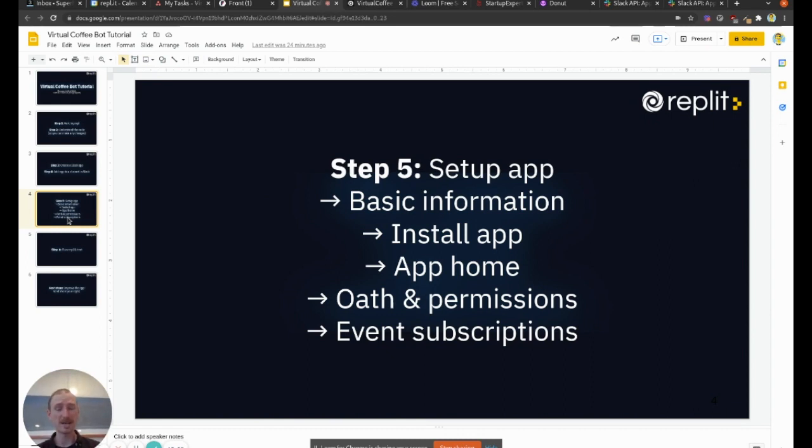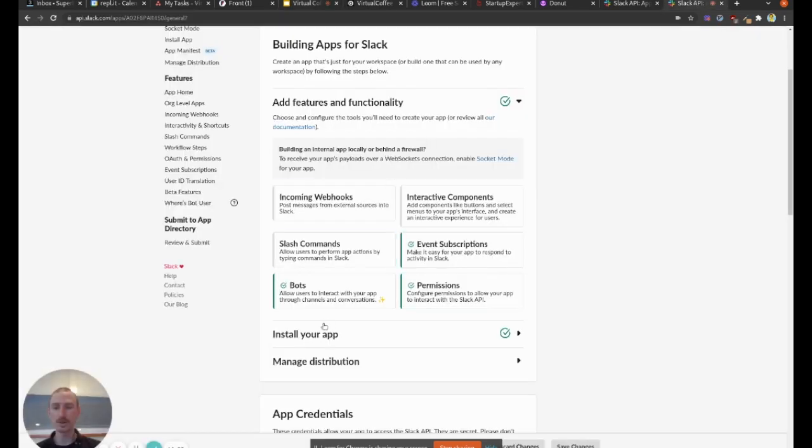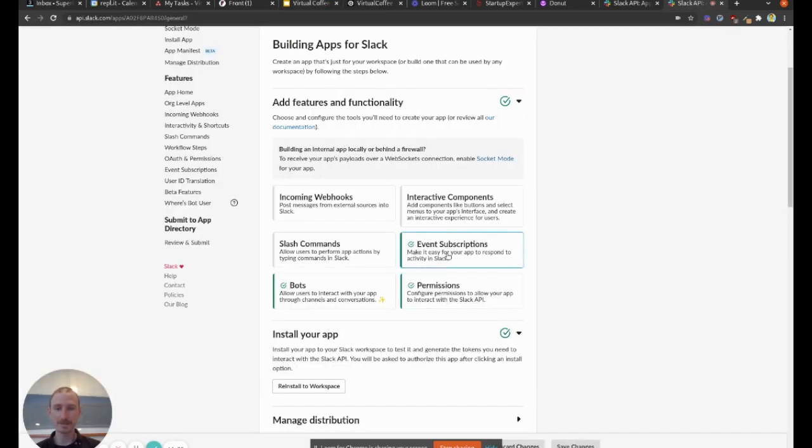I've already talked about the basic information for the app. As I said too, when you go to install the app, once you've set up some basic permissions and everything else you need, then you'll be able to install the app pretty easily. This is already installed, so I won't need to reinstall it to the workspace. And let me take you through then